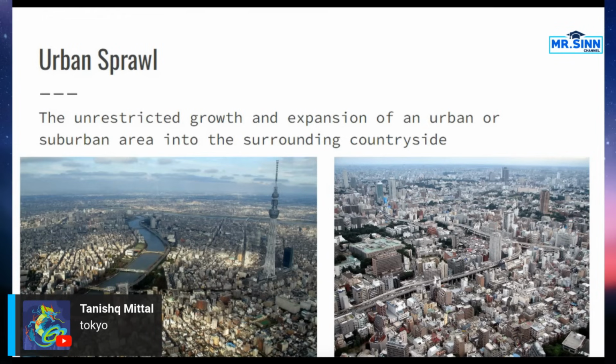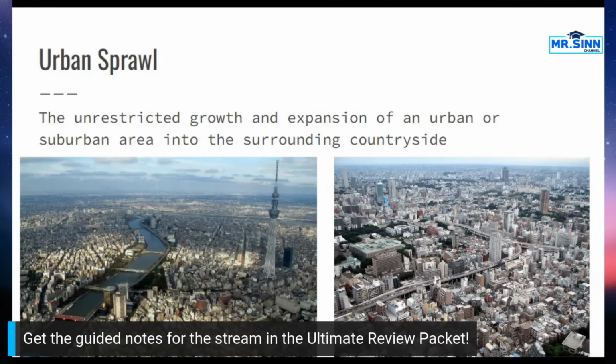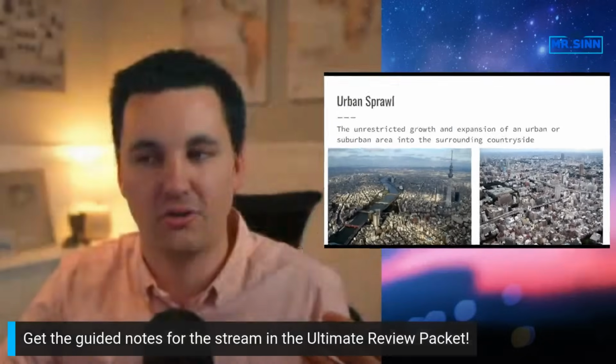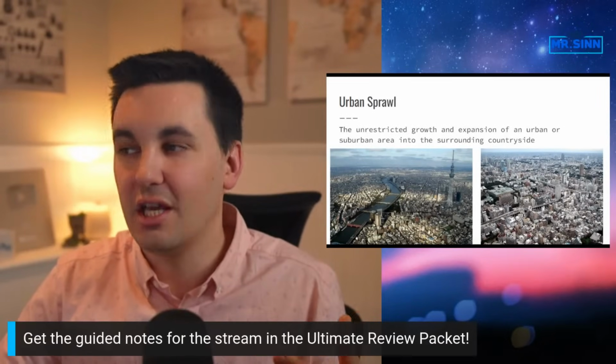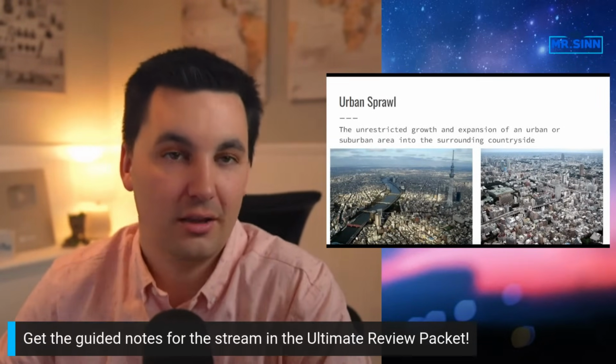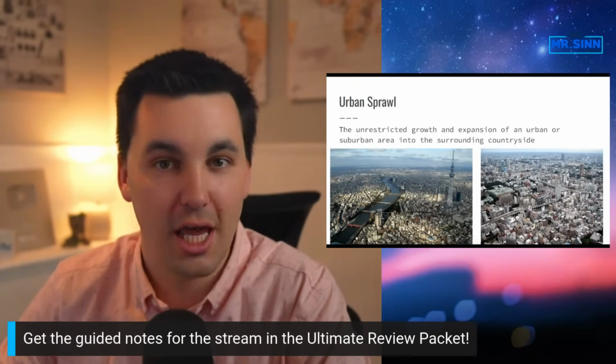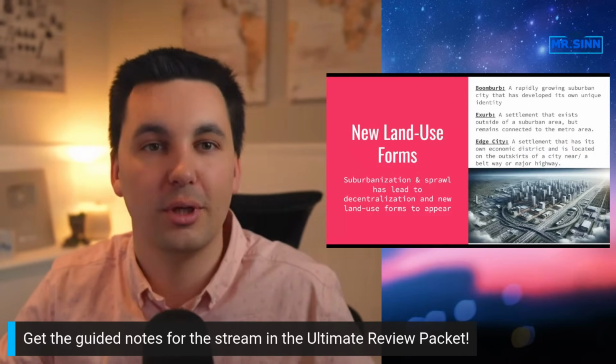It is Tokyo. So this would be Tokyo. So we can see this urban sprawl. So Tokyo. Yep. Not New York, not Seattle. You don't need to memorize that this is Tokyo. This is just an example of urban sprawl. So urban sprawl is a vocab concept you want to be familiar with here. We can see this city here has just continued to grow. So urban sprawl is this unrestricted growth. It's an expansion. Generally, then we start to see it replacing other areas and landforms there. So like agricultural lands all of a sudden now are becoming part of this urban area.